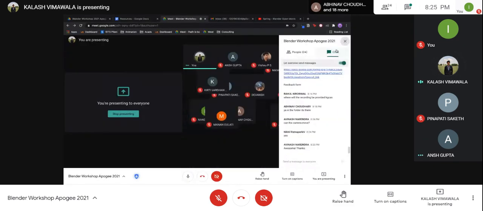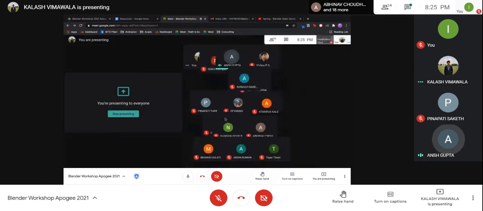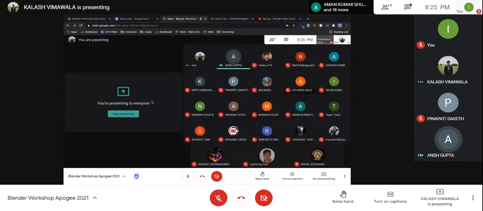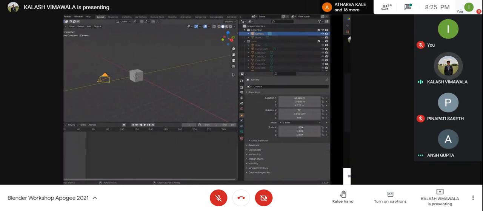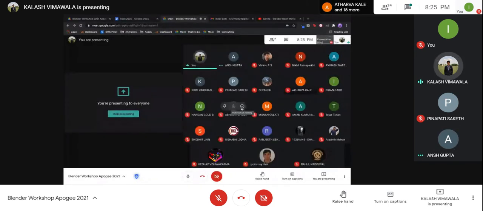Okay, great. Bhaiya, can you give a small example of how to apply that physics, like a very basic example, how to use that physics element? Physics. Okay, so I'll move on to physics. Do any of you have any other doubts other than physics? Before moving on to physics, if you have any other doubts, go ahead.